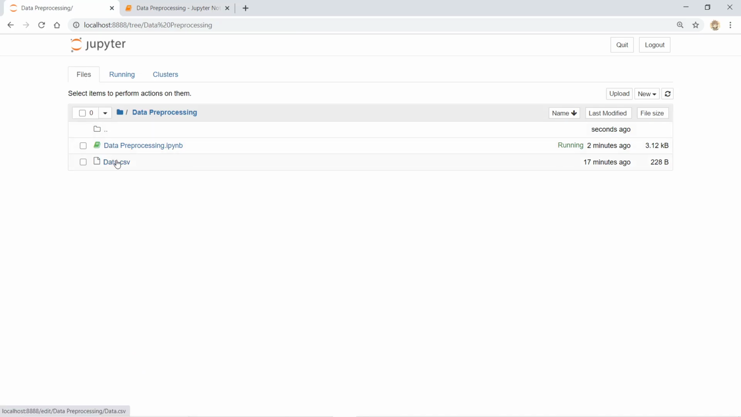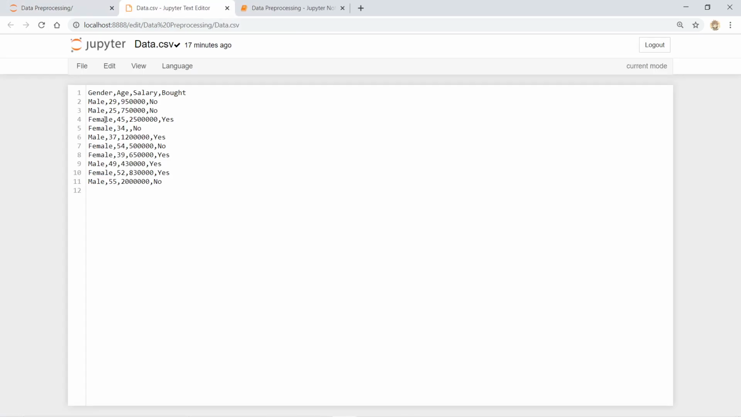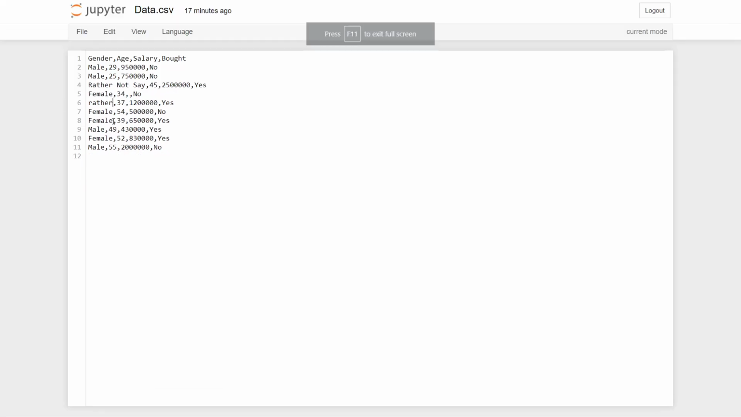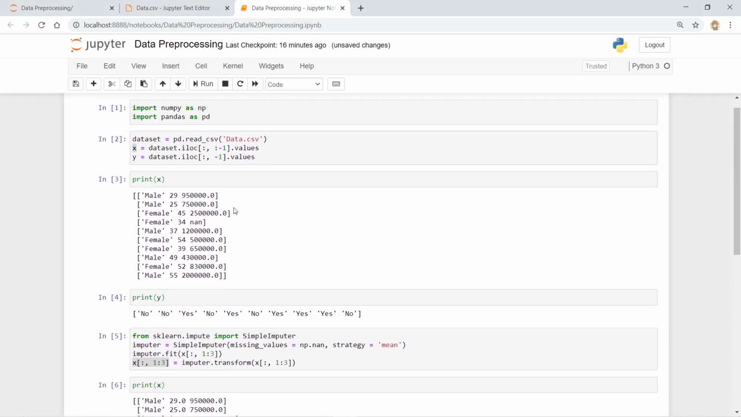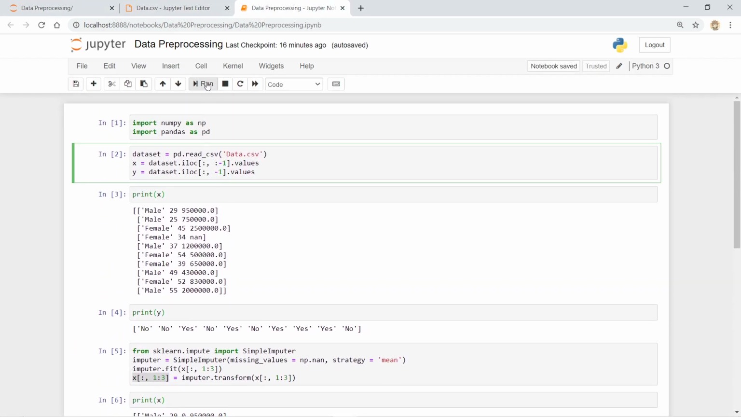Now I was showing one for the "rather not say" as well. You see the changes in this accordingly. So I'll just take one random female value and make it "rather not say", and take another male value and again make it "rather not say". So I save the changes, and now I'm going to again import the entire data set over here,